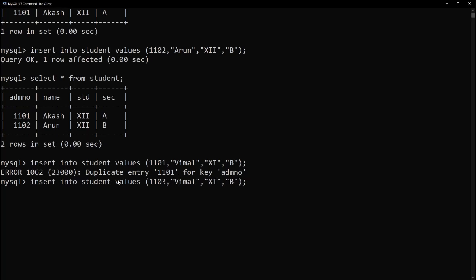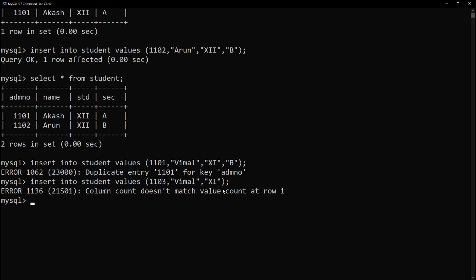So 1103 Vimal, and then I have not decided the section, so I will not give the section. And then I give enter. Now look at the error that it shows. It shows column count does not match value count, which means there are 4 columns in this table, but you have given only 3 values. That is what it says.